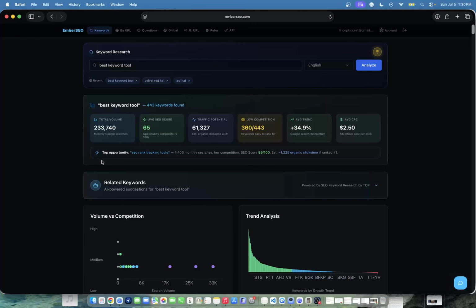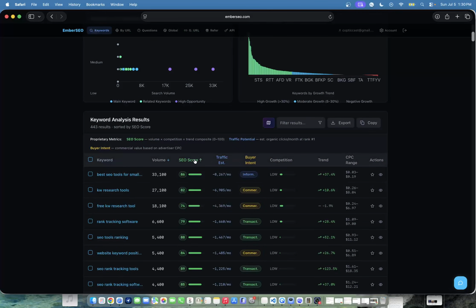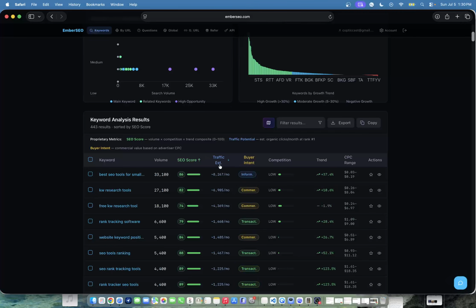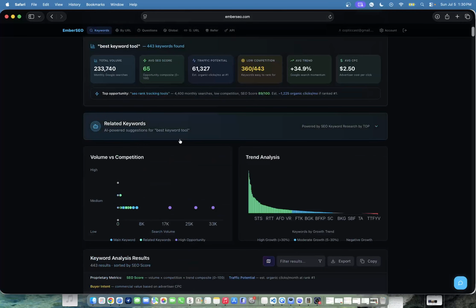So the thing that matters is the plethora of keywords that you have. The amount of keywords that you have allow you to pick and choose which ones you're going to target. And you can control based on SEO score, you can control based on estimated traffic, you can control on so many different things. But the keyword tool is, they say you're only as strong as your weakest link. If you have a bad keyword tool, if you have one of those weak ones that you don't get all the data, or something like that, you're going to suffer.